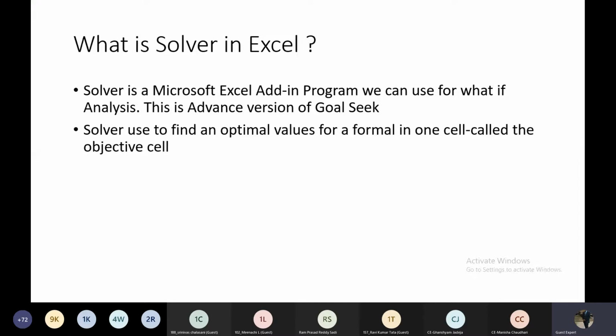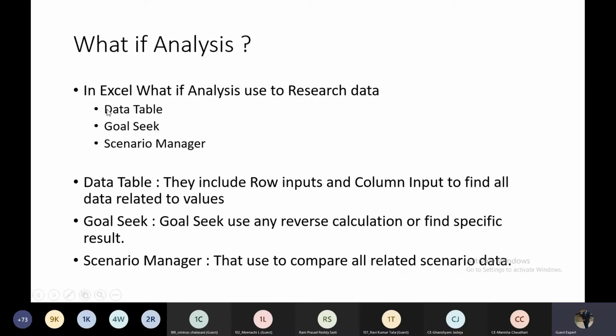When we use Goal Seek it has limitations: we can change only one value, and we can't add any kind of criteria, as we showed in previous lectures. Just like in DSUM we add more criteria, but SUMIF and SUMIFS functions do not allow any kind of criteria. So we show Solver as well. Let's say we complete the two topics, data tables and Goal Seek, and the scenario manager, and then we see Solver.